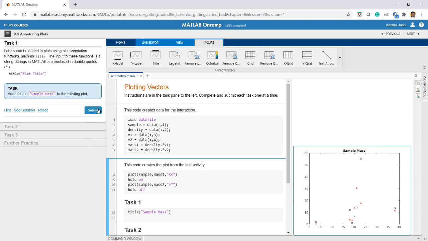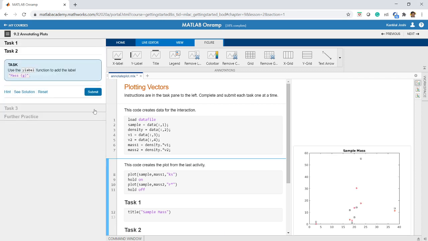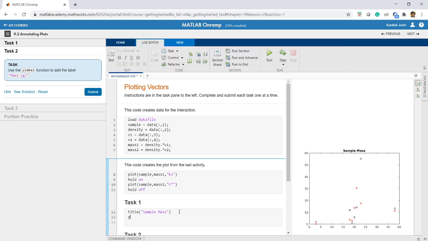Let me submit this and move on to the next task. The next task is to use the Y label function to add the label mass G. In the same way as I have written title, I can use Y label. Sorry, I should do it in task 2.